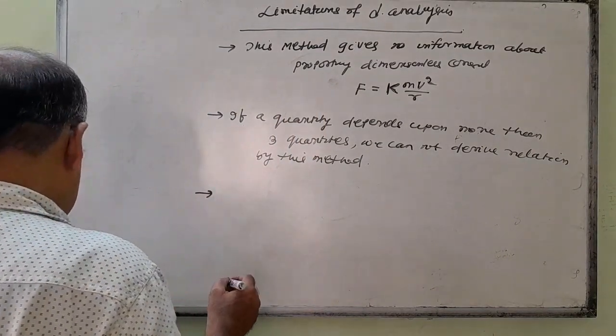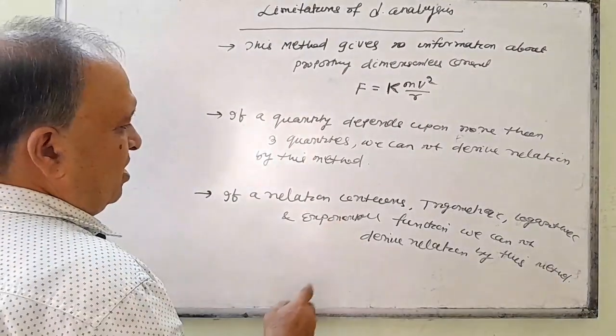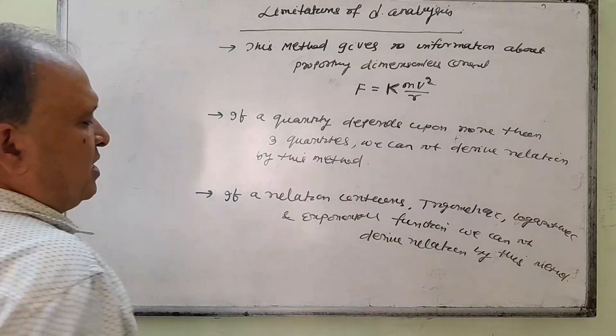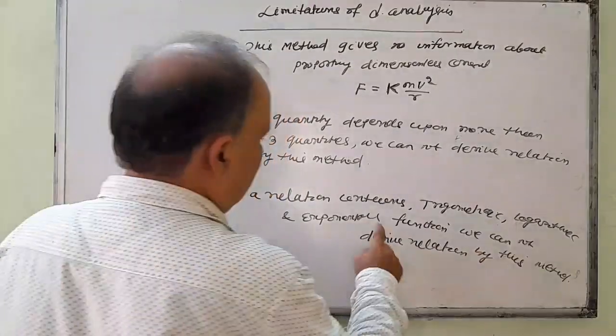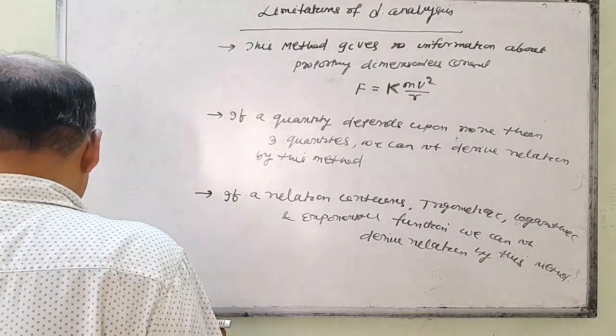Third limitation, if a relation contains trigonometric expression or a logarithmic expression or exponential function, power function. Exponential means power function, we cannot derive the relation by this method. Fourth one is,